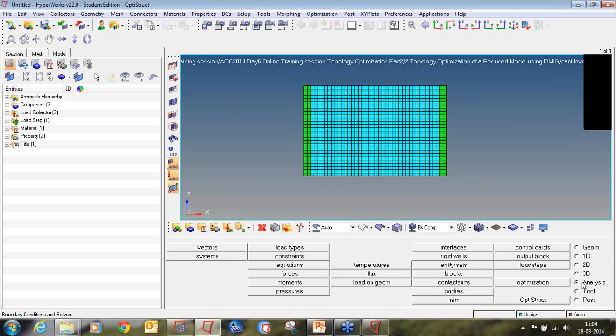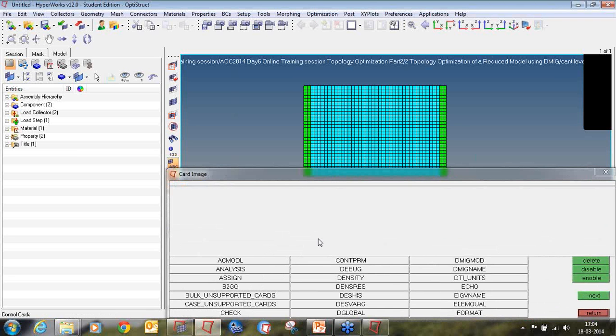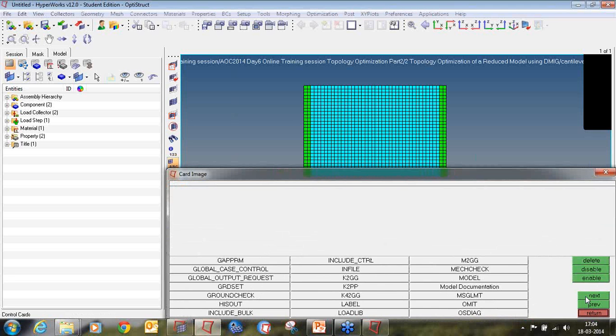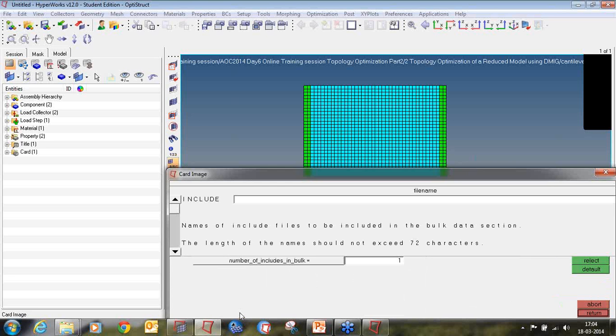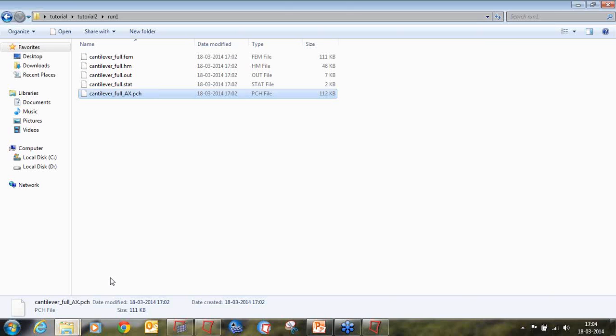So I'll again go to the analysis page. On the analysis page I will click on control cards. On control cards I will go to next and select include bulk, and select the file.